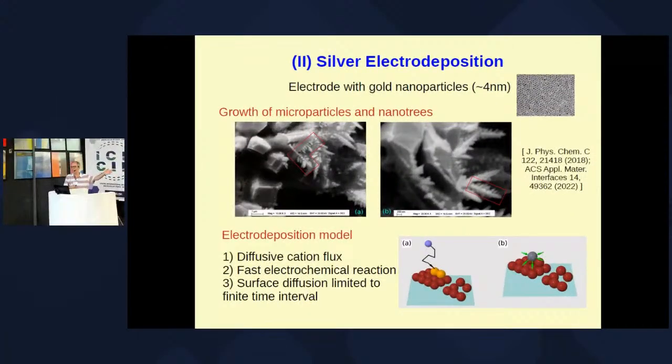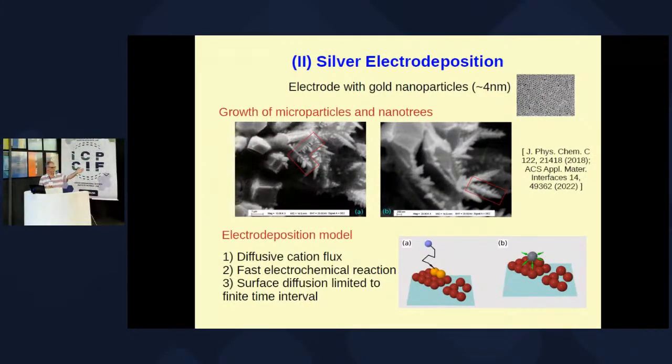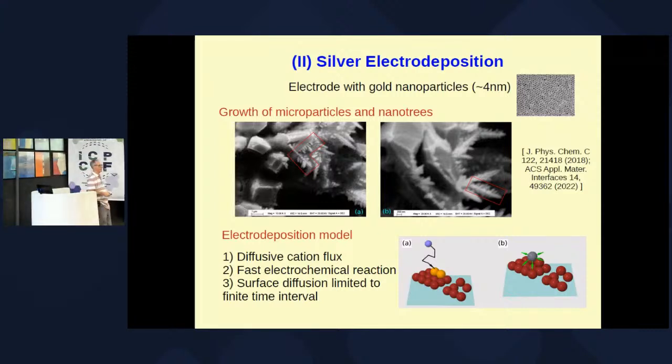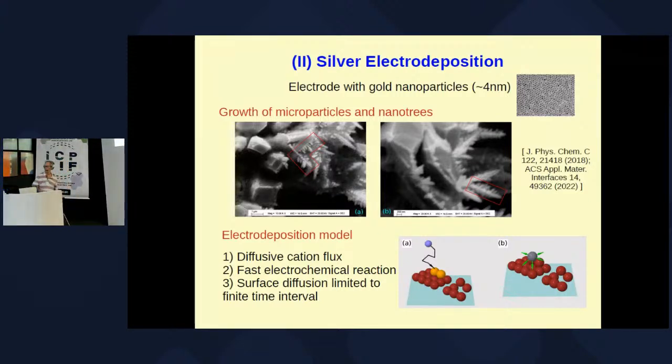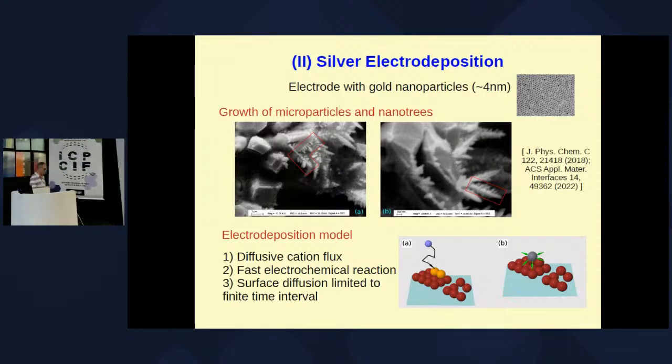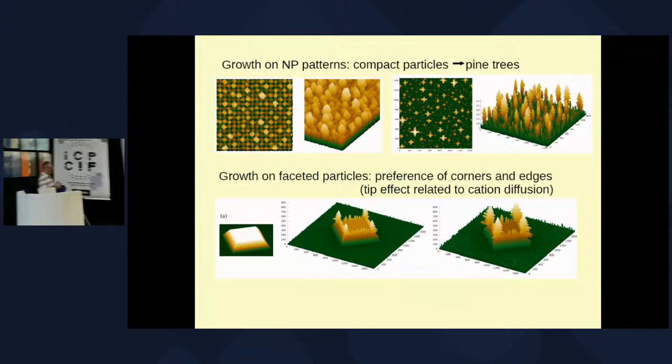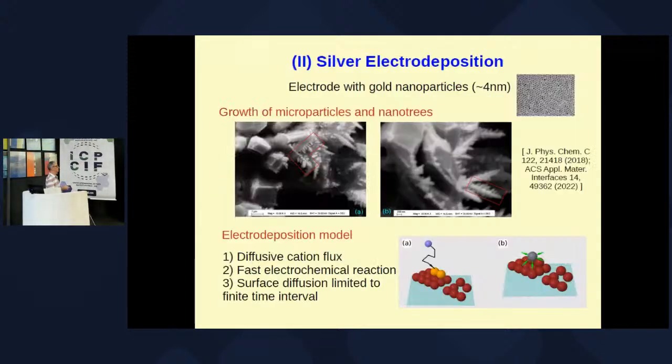This is based on a work not of my colleagues from France, but on images that several different groups took on dendrites of silver and also of other materials previous to our works. In the last 20 years, there are some works along those lines. And then what we obtain with our model, as I told you, the cations execute a random motion, then they are reduced, and then the atoms can move at a certain time interval.